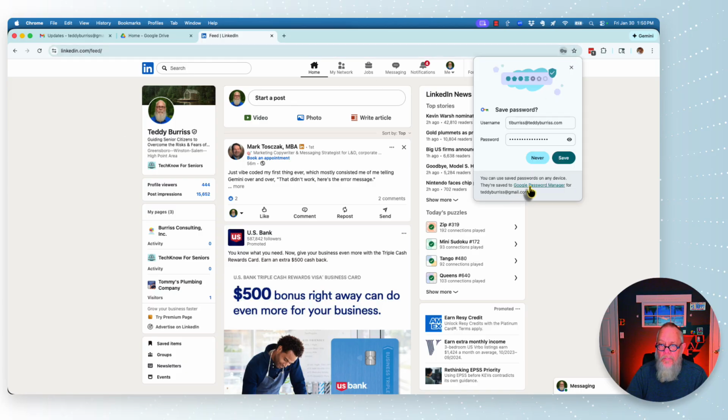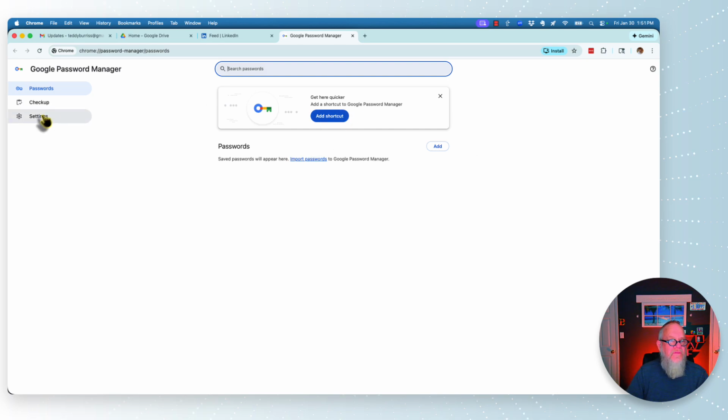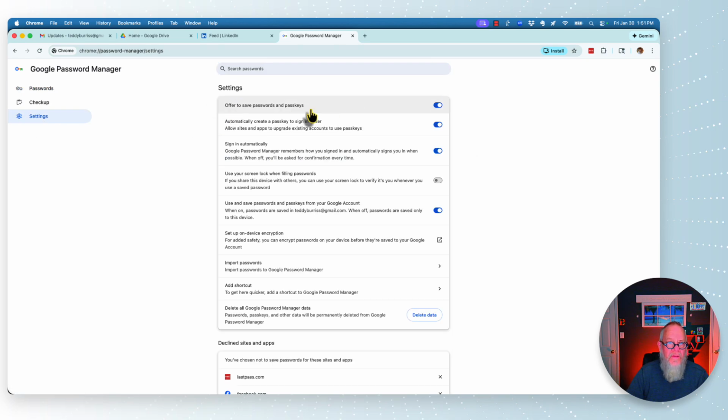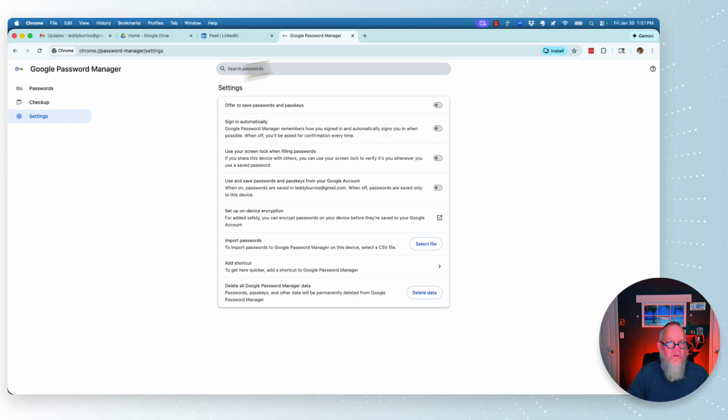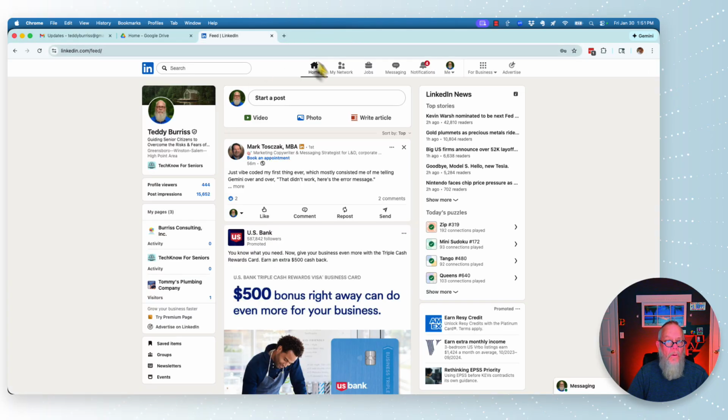I need to go to Google Password Manager, and I need to disable this under settings. Here it is. Offer to save passwords, no. Sign in automatically, no. Use and save passwords in your Google account, no. So I turn all that off so it won't show up anymore. And so now, again, if you look right here,